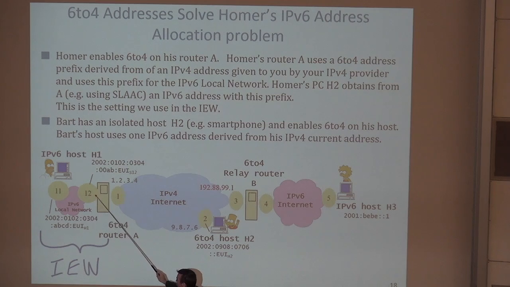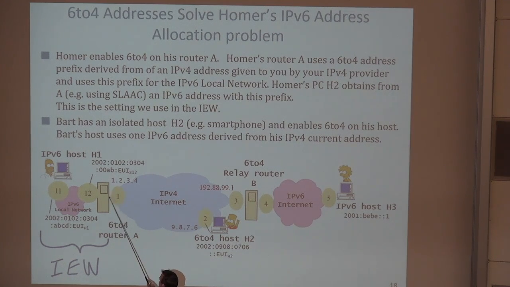So in particular, if I do that in this router, which is what we do, for example, in the Internet Engineering Workshop when we give IPv6 service over the wireless network. We have only an IPv4 service, so we create our own IPv6 prefix by this mode. So now you have an entire local area network in which you have 48 bits, so you can use, for example, 16 bits for your own subnet, and you still have 64 bits for the host part. So you can build a very large network